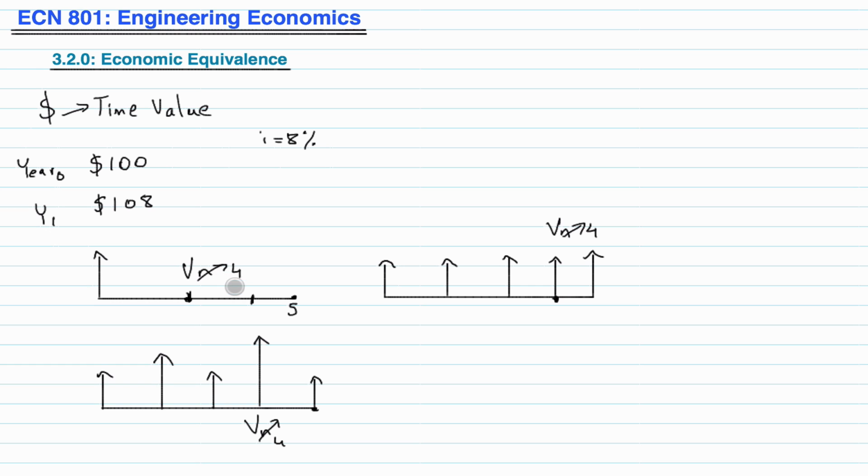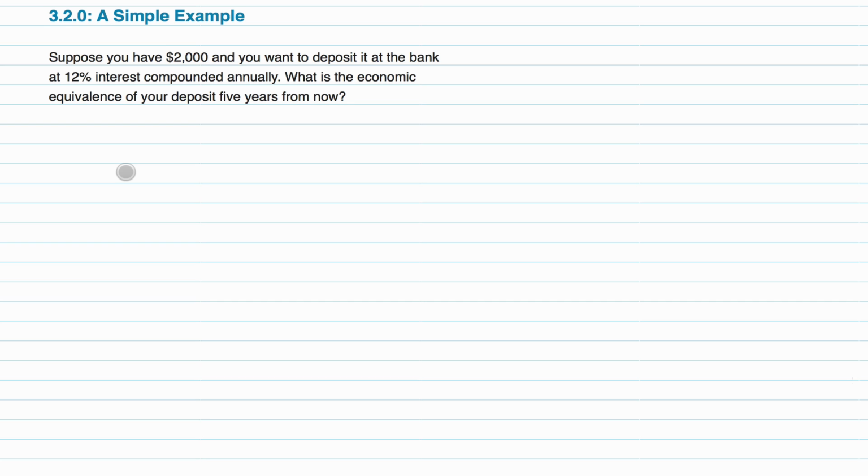Now, because we have a value at this particular point, we can compare the values and pick the one that's the highest, because we want the most money. So that's what economic equivalence is. You have a set of cash flows or alternative cash flows, and it helps you determine which one you want. Now that we have a sense of what economic equivalence is, let's drill the concept by doing a simple